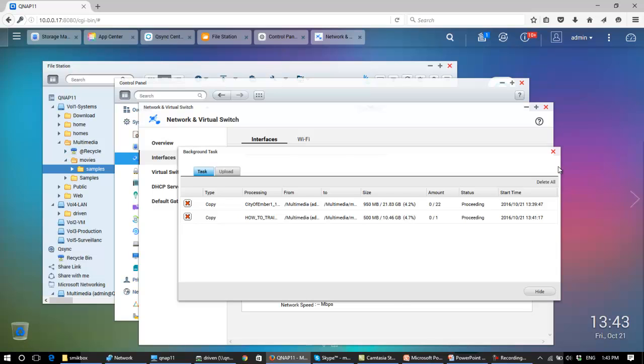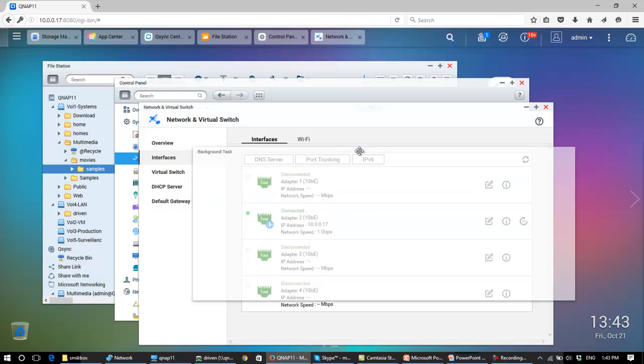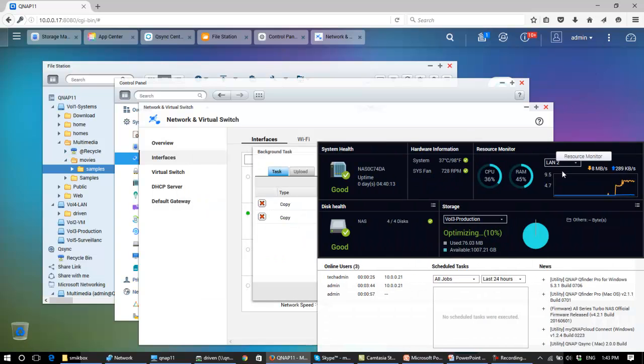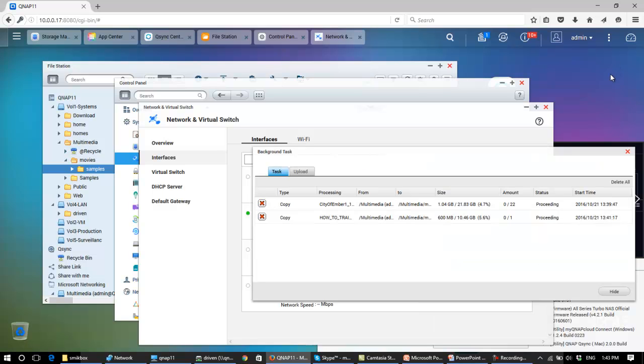And in practice, it is the speed of the PCs, the size of the file, that slows it down from getting any faster than what you can see here, which is coming up to, it's started to get closer to 9 megabits per second. I've seen it go up as high as 15, 20 megabits per second, depending on what you're copying and the size of the files. But the point is,